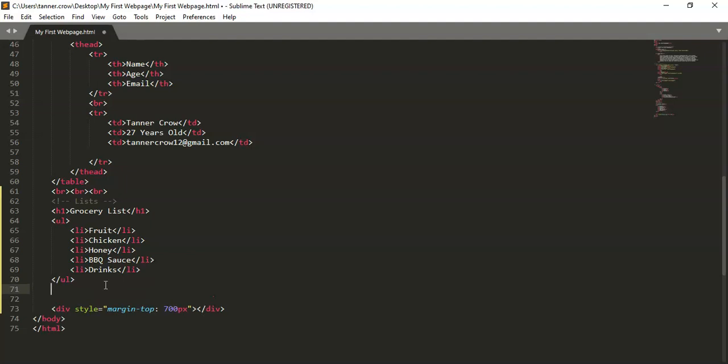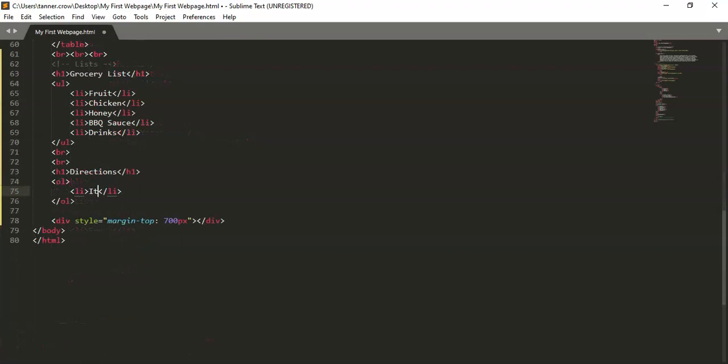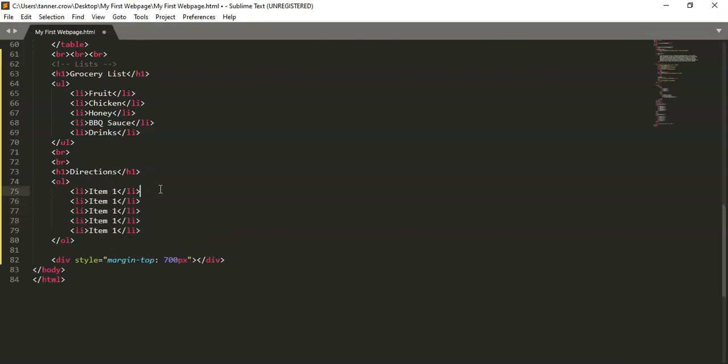So let's go ahead and give it a break, 2 spaces, and we can have the header be directions. Have OL for an ordered list, and then we'll have a list item, and we'll have item 1. Copy this, paste, paste, paste, paste. And if it's directions, maybe we'll have